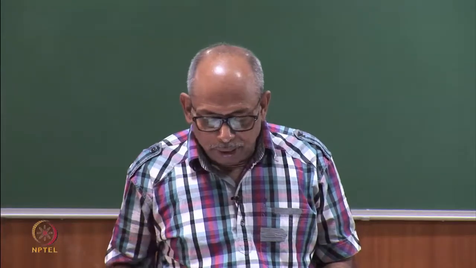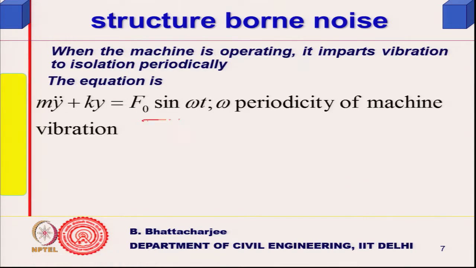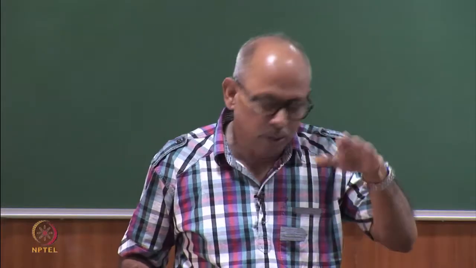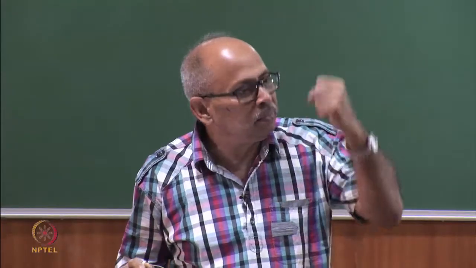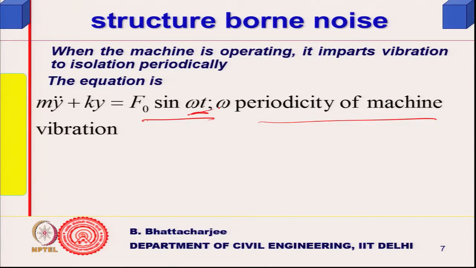When the machine is operating, it imparts vibration to the isolation periodically, that means it applies a force, and then the equation becomes something like this. Earlier there was no force, I had just pulled it up and it started moving about its mean position of equilibrium, machine plus the isolation together. Now, I have started forcing it; the machine is on and it forces continuously, imparting force onto the isolation. This is the periodicity of the machine at which it applies force,